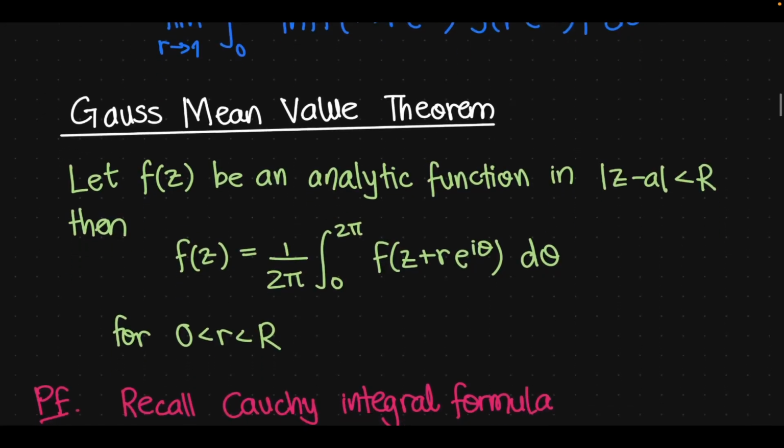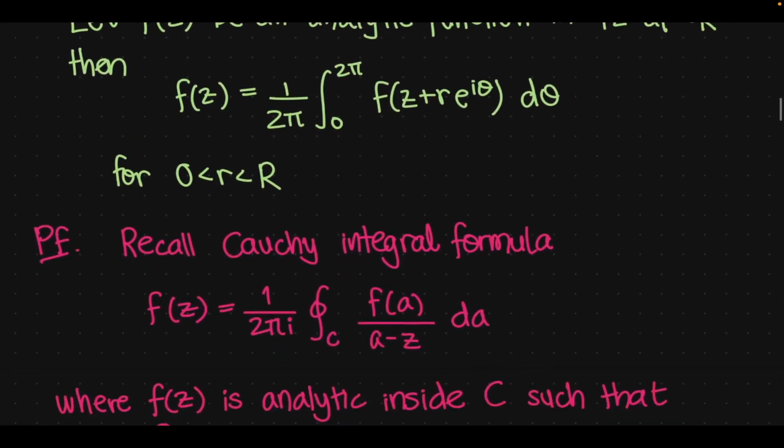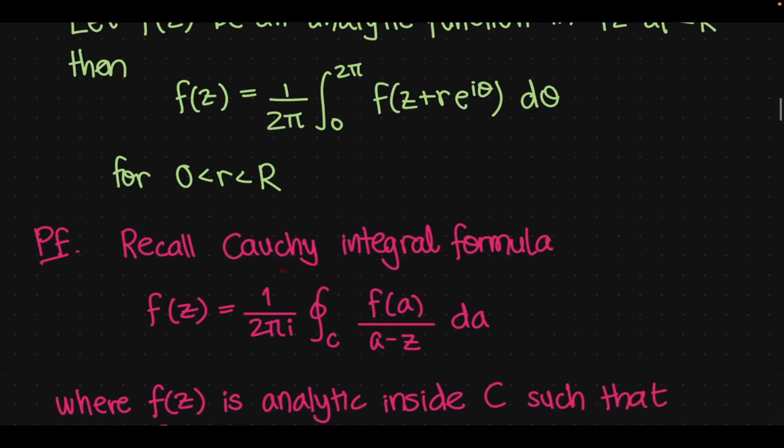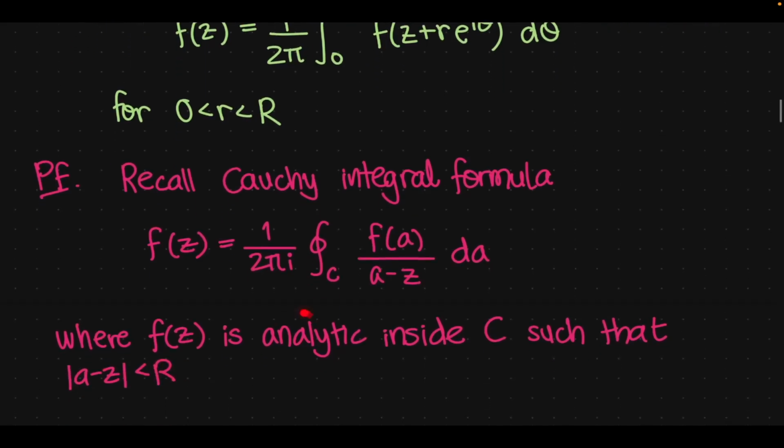But before we can actually use this, let's prove it, because it's not too difficult to prove once you know Cauchy integral formula. So recall the Cauchy integral formula from complex analysis. F of z equals 1 over 2 pi i, a contour integral over contour C, f of a over a minus z dA, where f of z is analytic inside contour C,